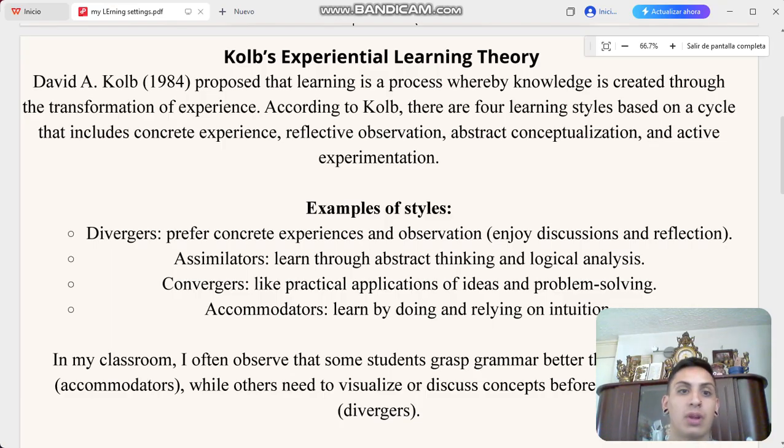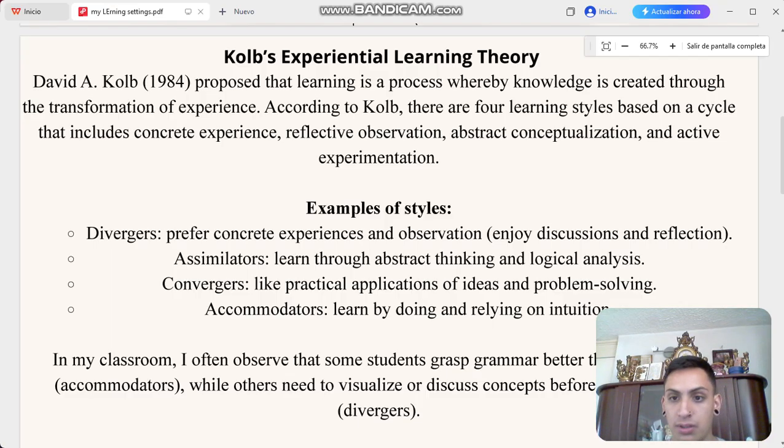The first one is the divergers, that in this case prefer concrete experience and observation. What it means is the students enjoy or learn through discussion and reflection. The speaking and the analysis would be the other one, that can be the assimilators. These are students who have difficulties to learn the theoretical part or the grammatical parts, and for that use the thinking and the logical analysis